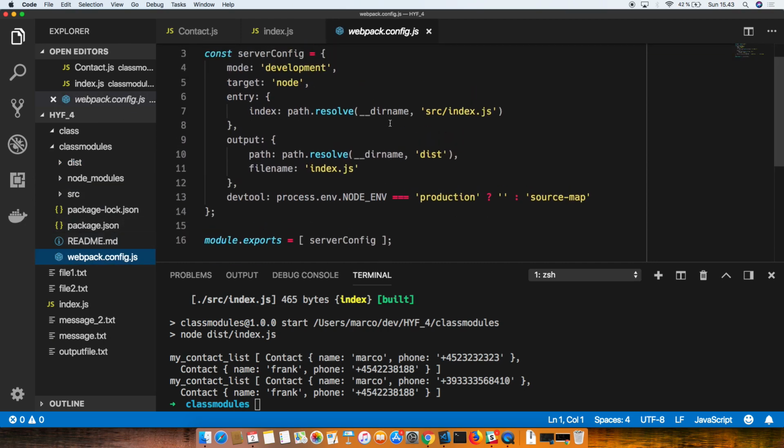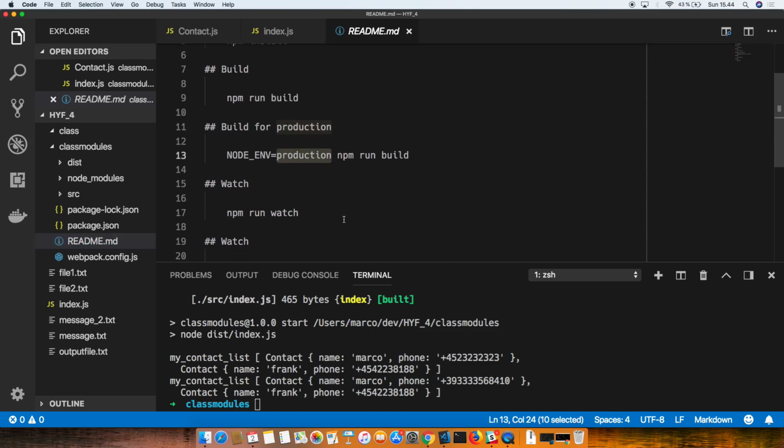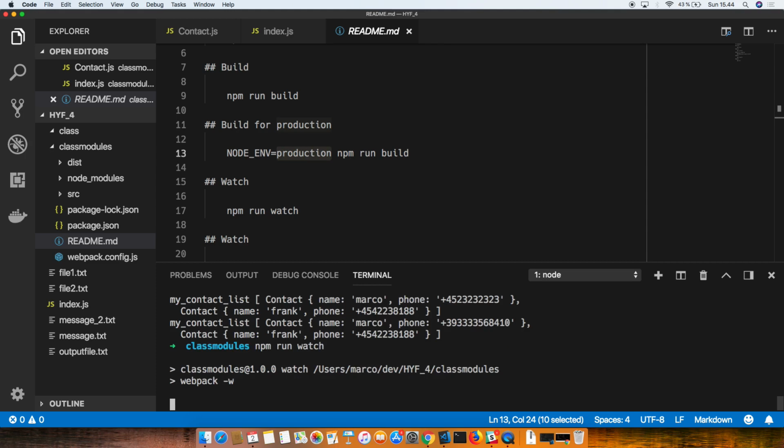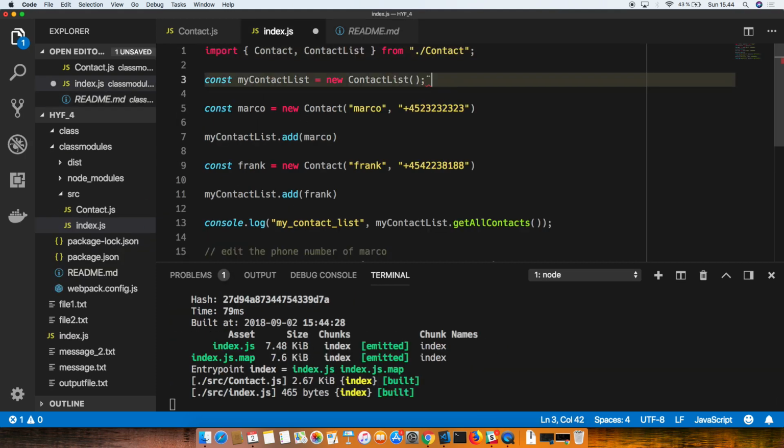And this is the configuration of Webpack. And the README is also auto-generated. It tells you that if you want to run it, you need to install. Then you can build with npm run build. If you want to build for production, you can do this. And watch is comfortable, because if you do npm run watch, every time you change something here,